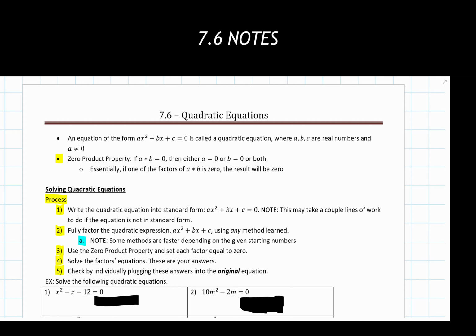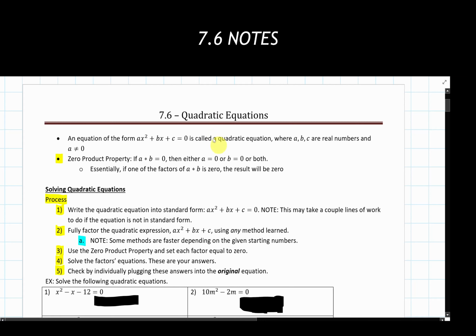So our first step in our process is to write the quadratic equation into standard form. And that's this ax squared plus bx plus c equals 0. You can think of this really as I want everything on one side of the equation and I want 0 on the other side. Now, a lot of people think that I have to get everything to the left side of the equation and the 0 has to be on the right side. That's not the case. As long as everything is on one side and 0 is on the other, all of this could be over here, and this 0 could be on the other side, whichever, doesn't matter here.